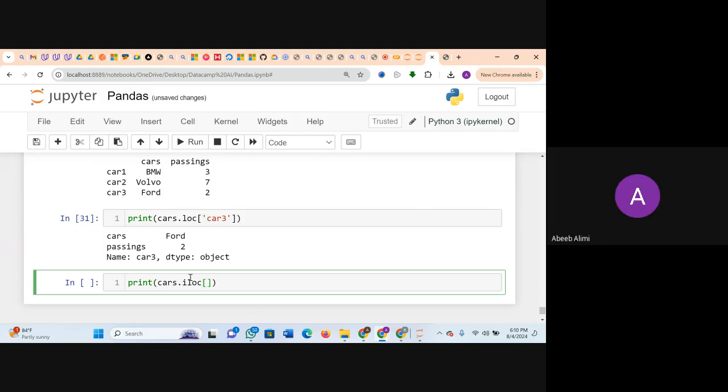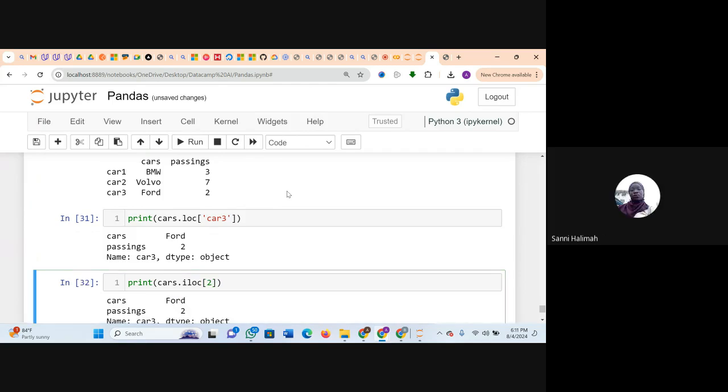The index number would be 1. No, I'm printing the same car 3, so okay, 2.